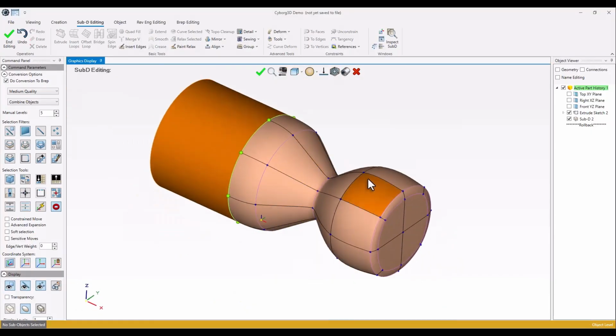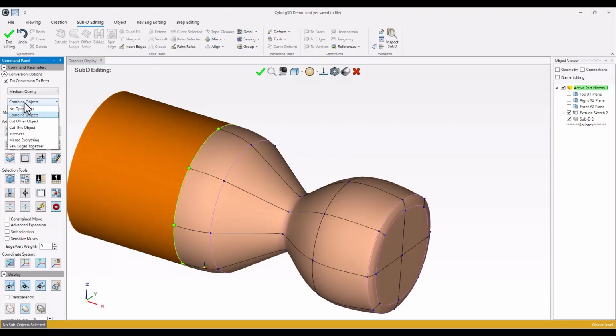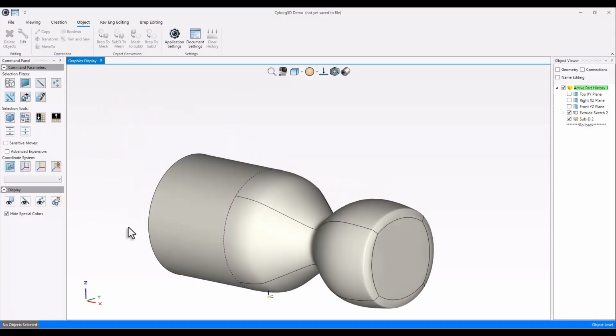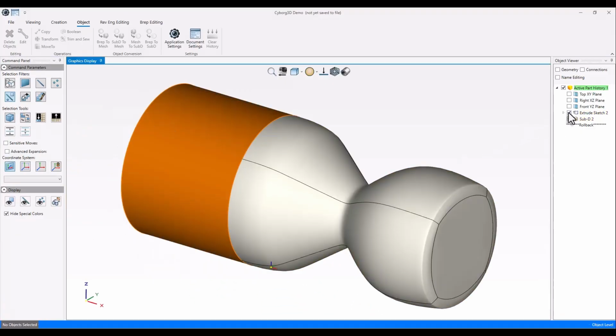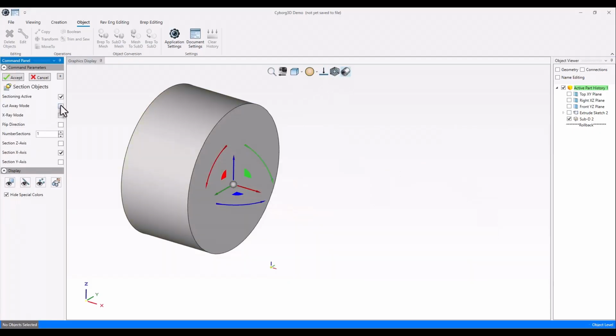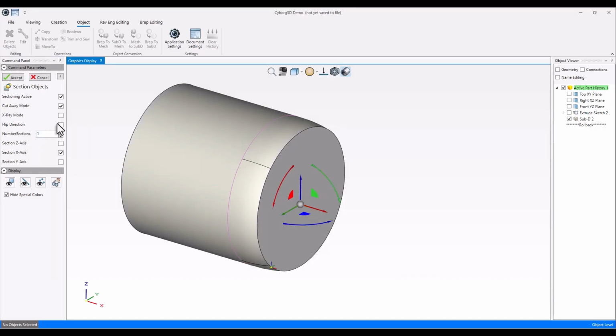When I convert it, I check combine objects and end editing, and you're gonna see that I can hide my extrusion, go to section view, cut away,